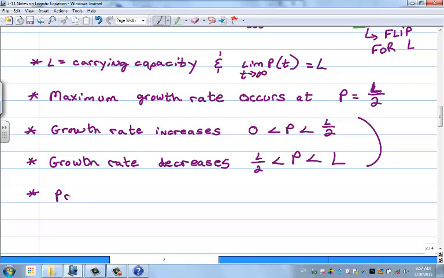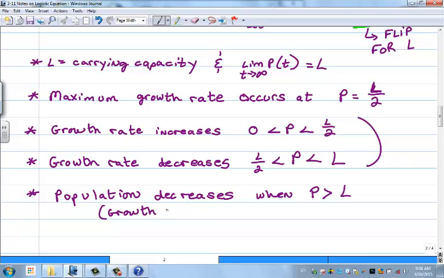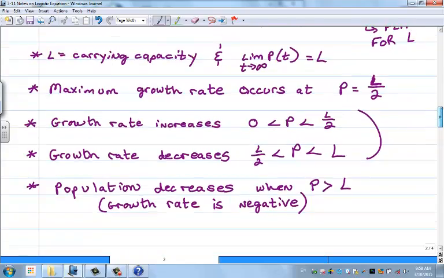All right, so the population decreases after it reaches its carrying capacity. So when P is greater than L, that means your growth rate, of course, is negative. All right, so that is really all the stuff you can get out of that lovely form of the logistic